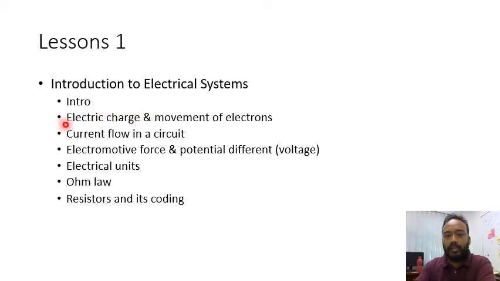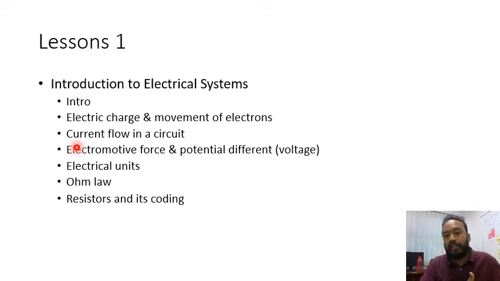And then we'll look at what we would say is the fundamental element that makes electricity, which is electric charges. So we'll discuss a bit about the origin of electricity. We'll talk about electric charges and the movement of electrons that create currents. And then after defining that, we will go directly into defining several, as mentioned in the title, the most